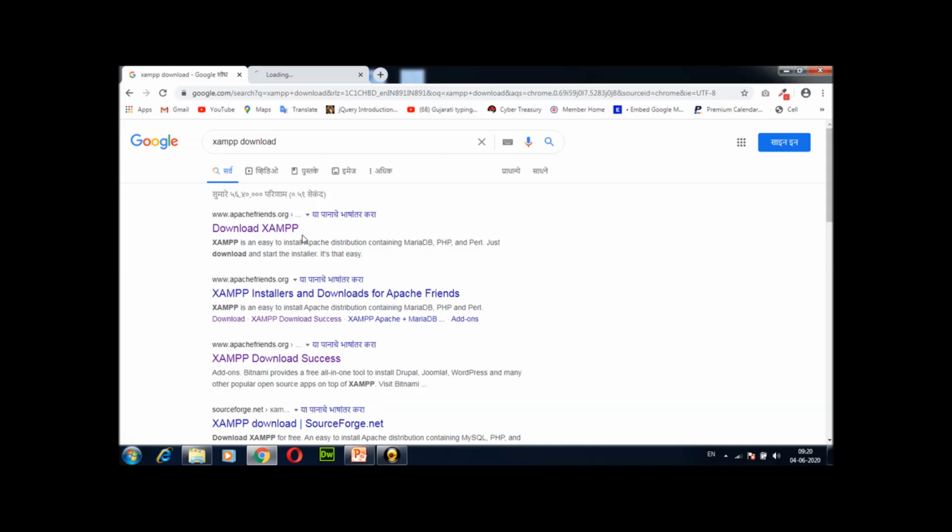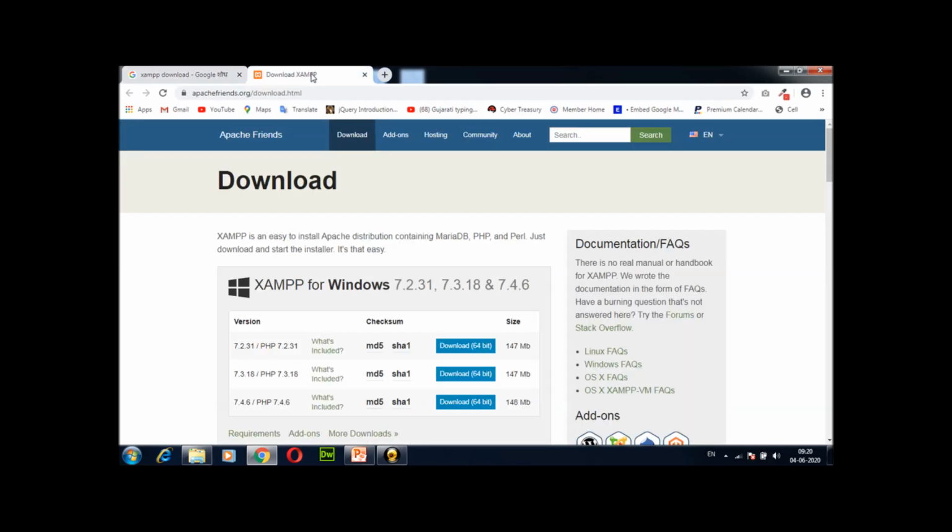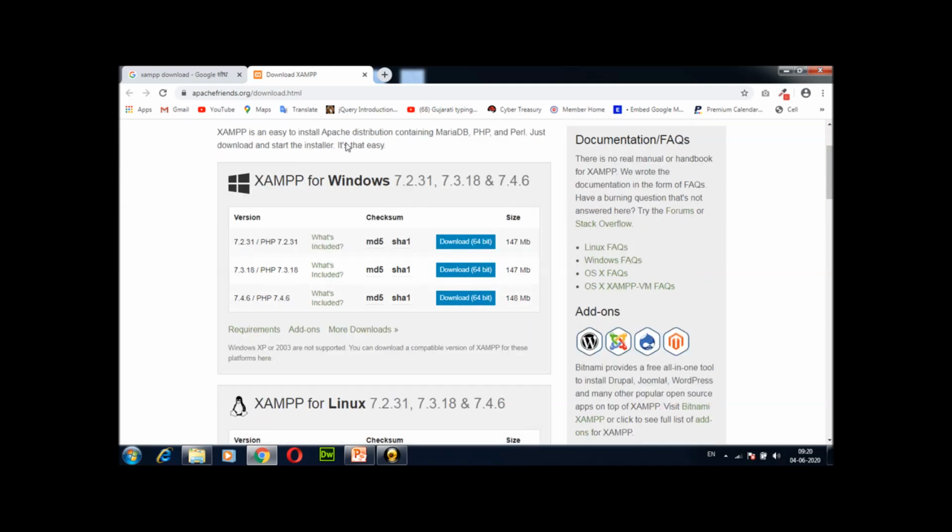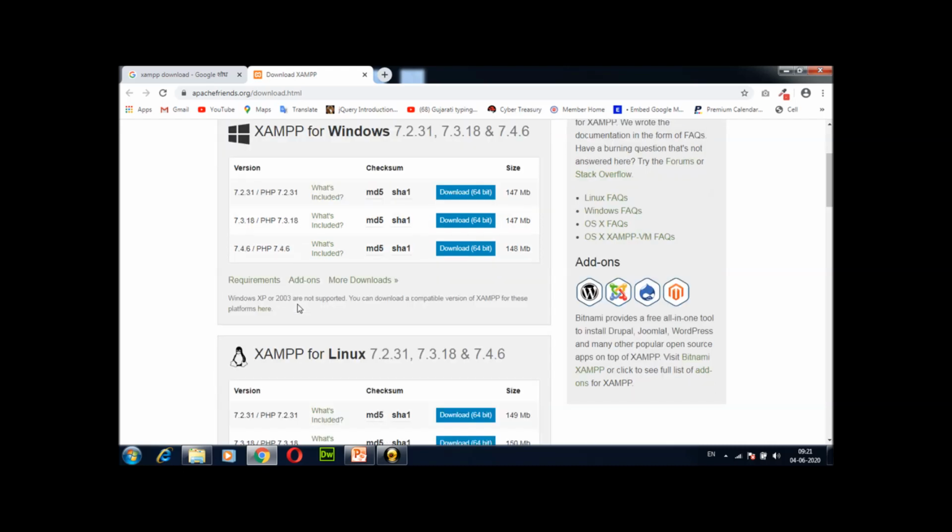I am opening this website to download the XAMPP server. Here in this website, the XAMPP servers are listed based on their operating system. Here is a list of Windows operating system XAMPP server files. These are all based on their different versions.